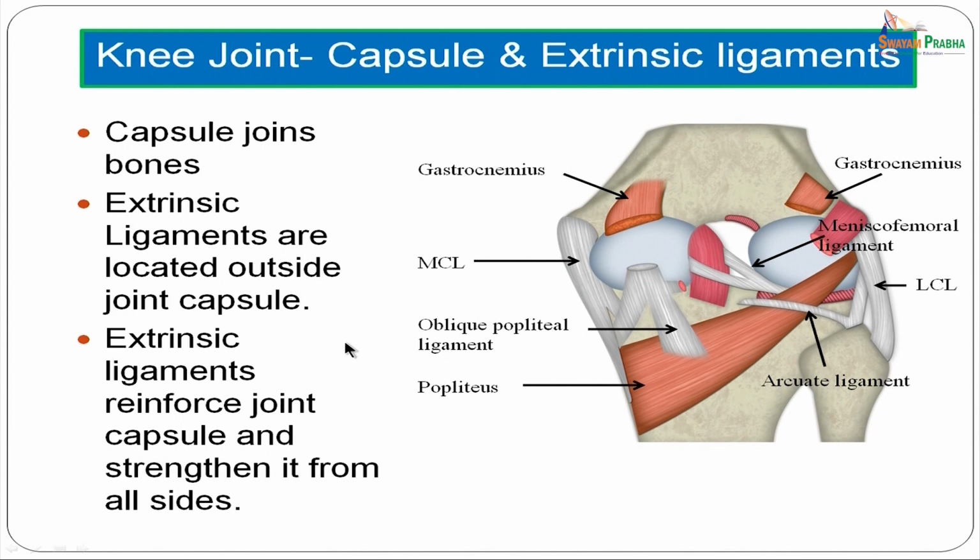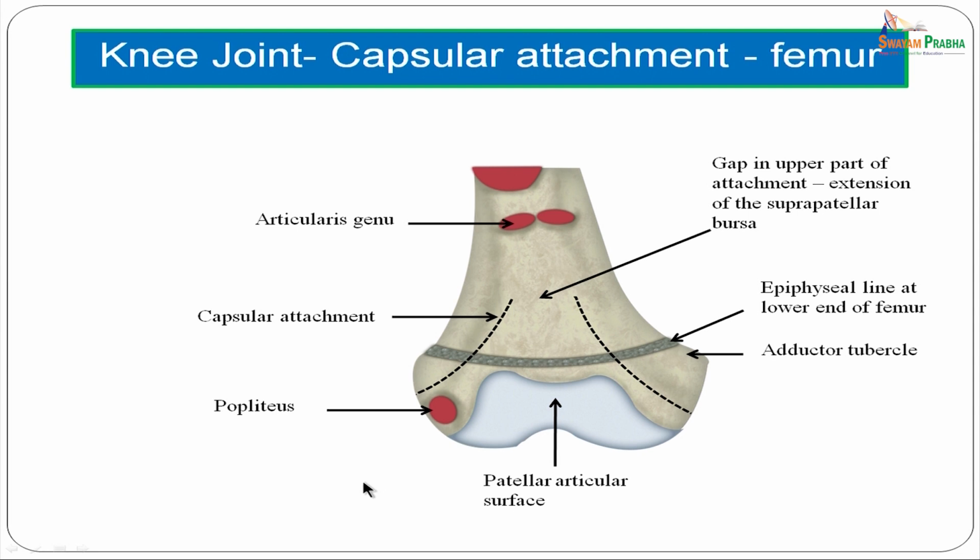Capsule is a fibrous structure which joins the bones. Extrinsic ligaments, as we just now discussed, are located outside the joint capsule. Extrinsic ligaments reinforce the joint capsule and strengthen it from all the sides. The capsule is attached to the lower end of the femur. On the anterior aspect, the capsular attachment is to a triangular area just beyond the articular margins, and you can